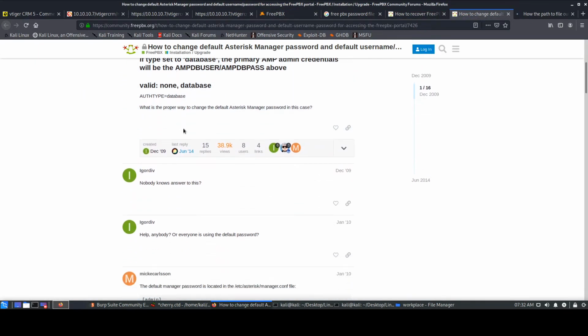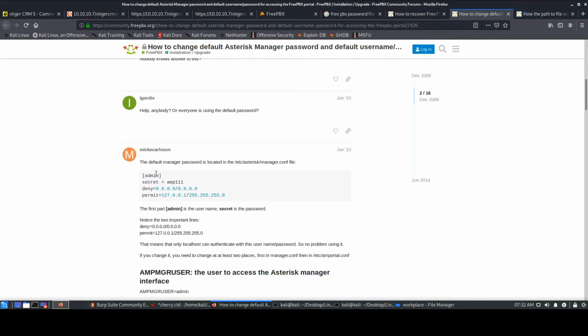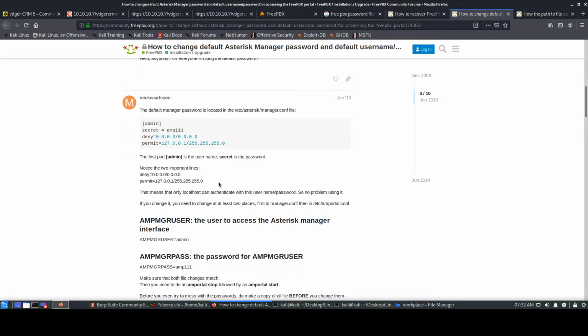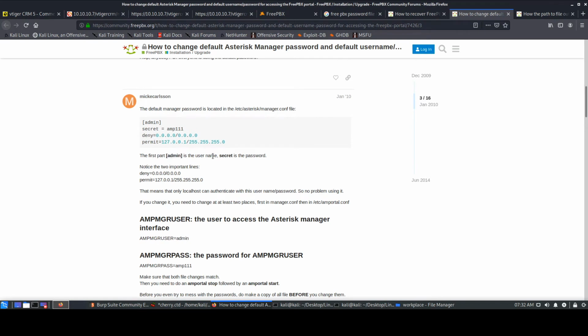We check out over here, and there's some user who gives a solution. It says that by default the password is located in the manager configuration file. It says the first part, admin, is the username, and the second, secret, is the password. So let's quickly look at this file as well.